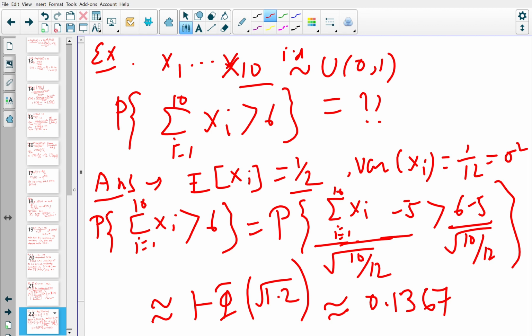So what does that mean? That means almost 13.6 or 14% of the time the summation will be greater than 6. So if you have IIDs uniformly distributed, and you want to find out that out of 10 such variables the sum will be greater than 6, the percentage will be roughly 13.6%. Okay,